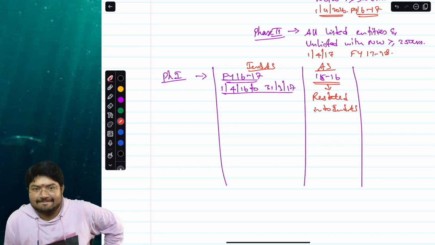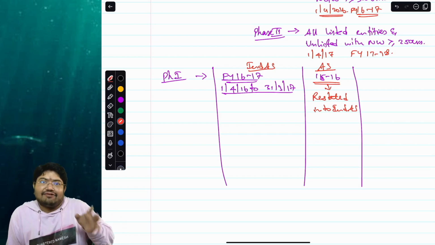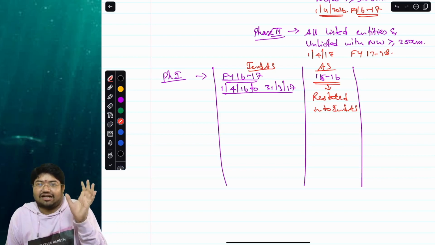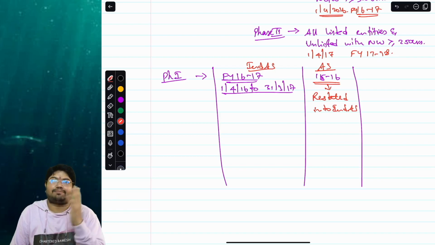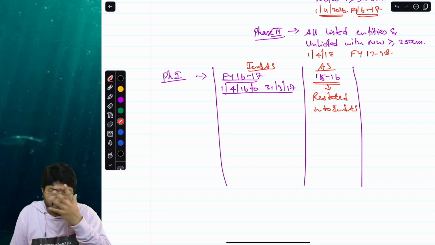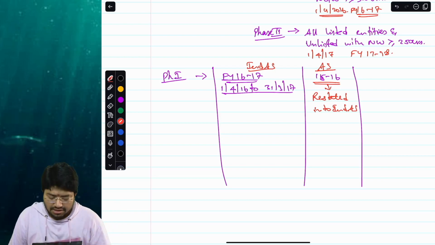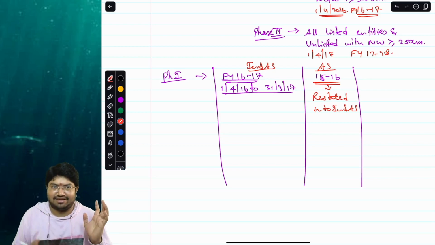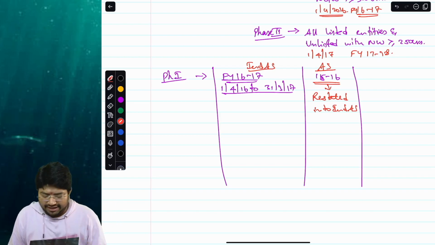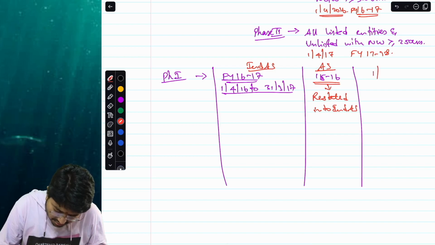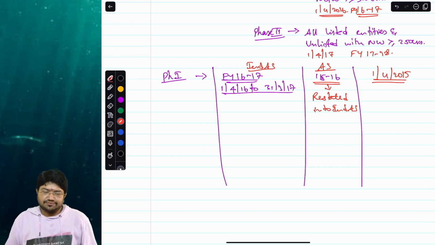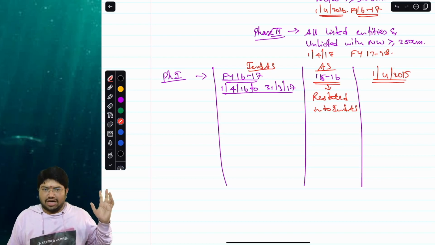Third important thing, whenever you are adopting Ind AS, there is an effective cutoff date from which Ind AS is adopted. That effective cutoff date, again take the same financial years. Let's go with the same financial years. Effective cutoff date would be from 1/4/2015 here. Why? Because whatever data you have in the past,